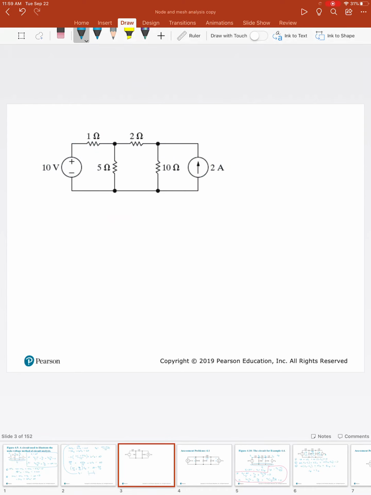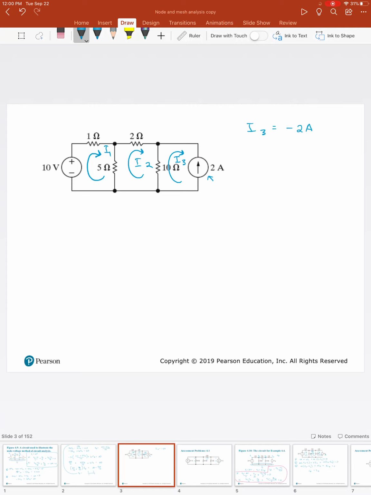Okay, now let's look at the same problem and define some mesh currents, and we'll use the mesh current method to do this. So let's choose I1, I2, I3. If you look at current I3, you see that this is a problem where we have a current source, this 2 amp source, on an outside branch. So I3 is actually equal to minus 2 amps. I3 is already defined because it has a defining source equation. So we are only going to have 2 unknowns in this mesh current method,